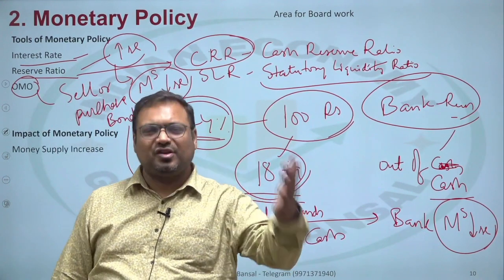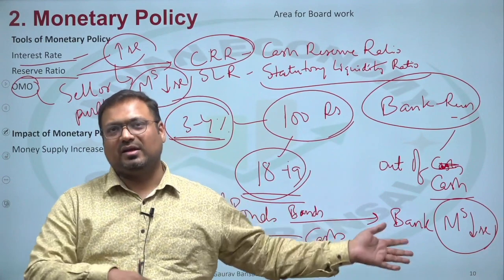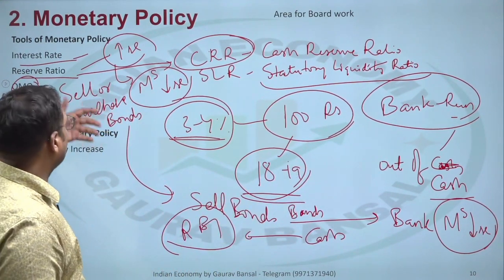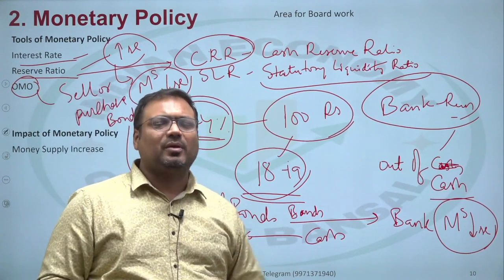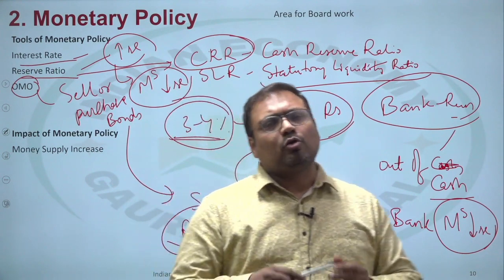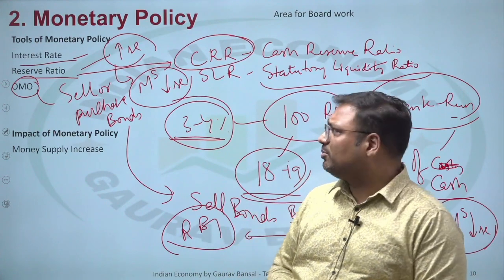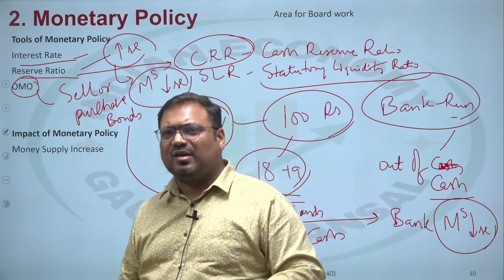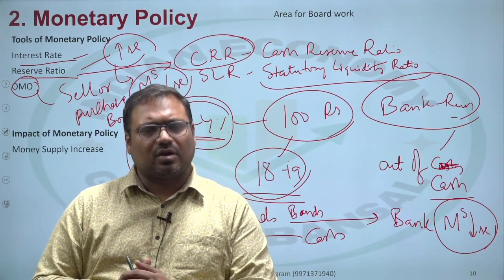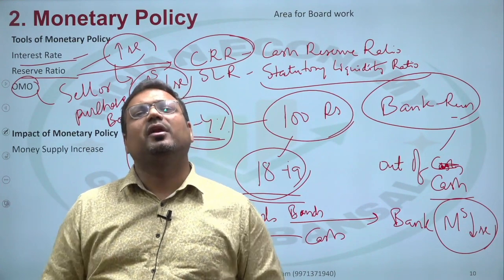Similarly, when RBI purchases bonds, bonds come to RBI, cash goes to the bank, and money supply increases. So when RBI has to increase money supply, it purchases bonds. When RBI has to decrease money supply, it sells bonds. So that is OMO. OMO is also used for maintenance of the exchange rate. But when we use it for the exchange rate, we call this process sterilization. It is the same process as OMO. Here we sell the forex, the foreign currency reserves or the foreign currency denominated bonds.